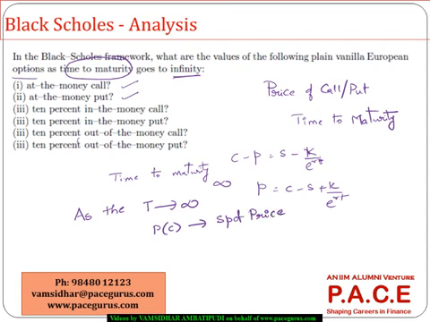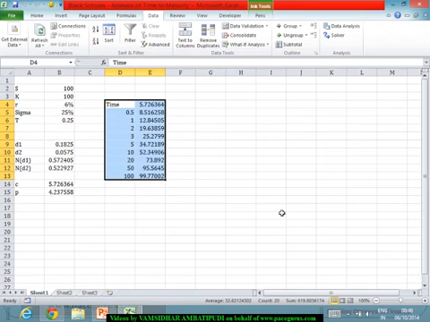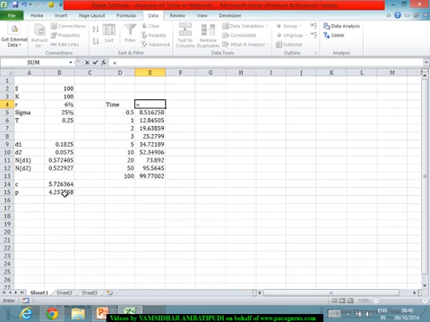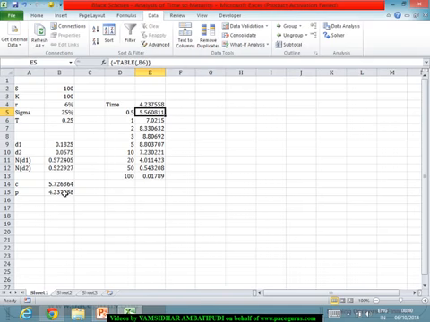The price of the call is approaching the spot price. And what about the case of put? Instead of observing the call, I want to observe the put. So in this case, what is happening is as the time to maturity is increasing,